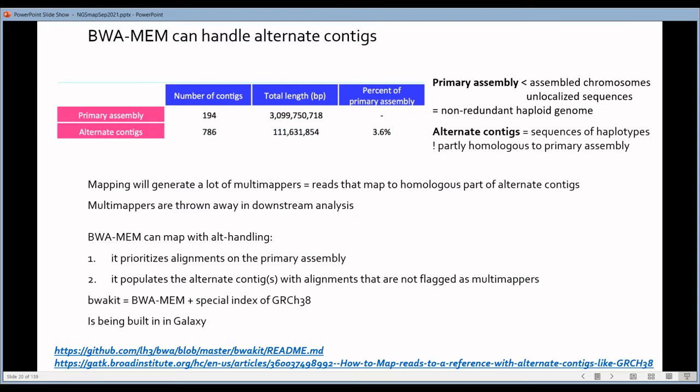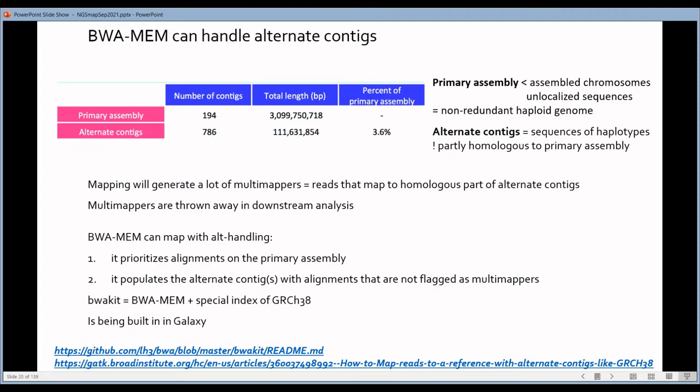So this is why a version of BWA-MEM was developed called BWA-KIT that allows to map against these alternate contigs. How does it work?